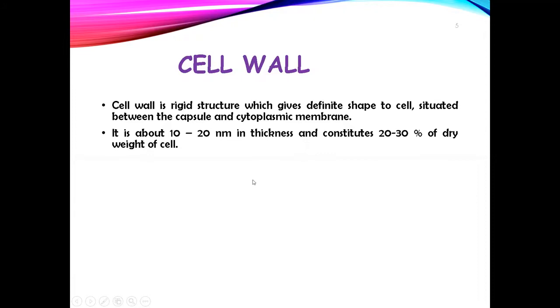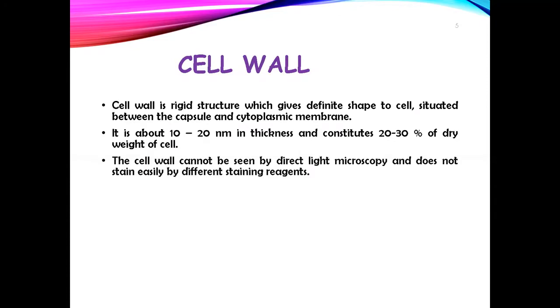It is about 10 to 20 nanometer in thickness, and it constitutes 20 to 30% of the dry weight of the cell, and it cannot be seen by direct microscopy,